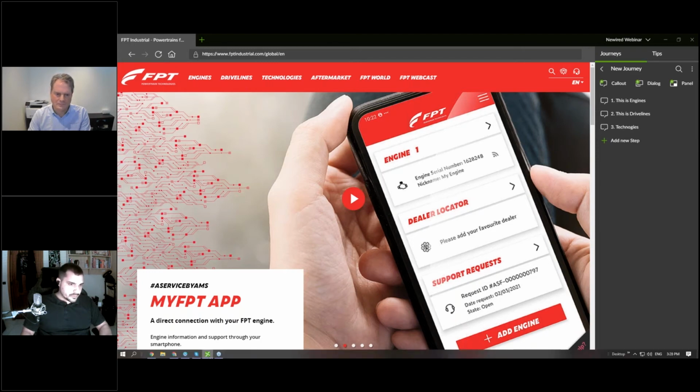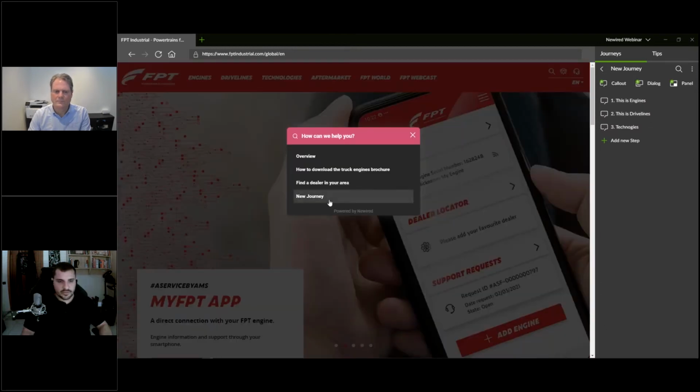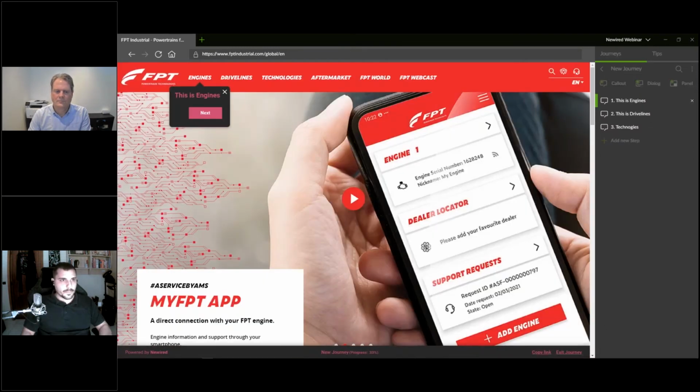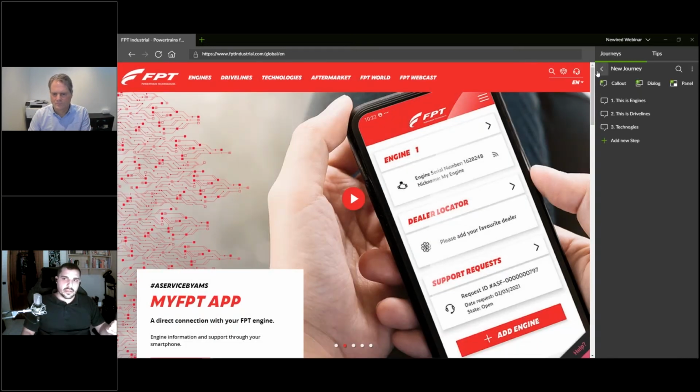But maybe just to wrap this up, I also want to show you that you're able to preview it from here, for example. So you see, this is engines, drivelines, technologies, and with a few clicks, you're able also to bring it live. So I can set this to active, and